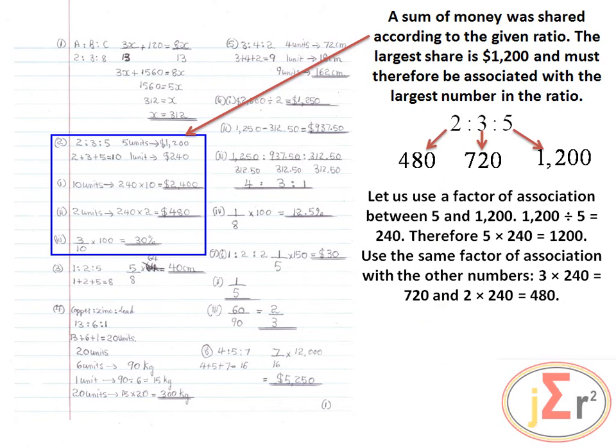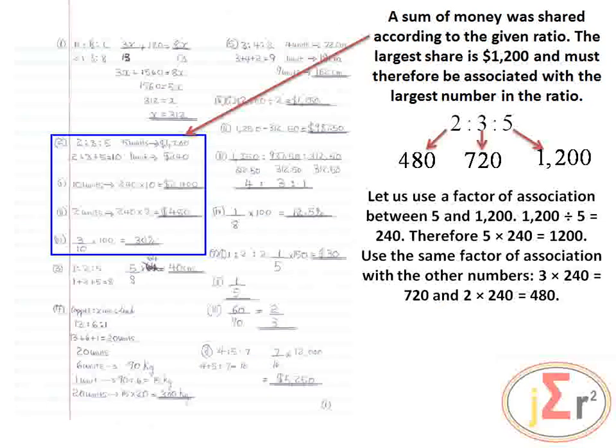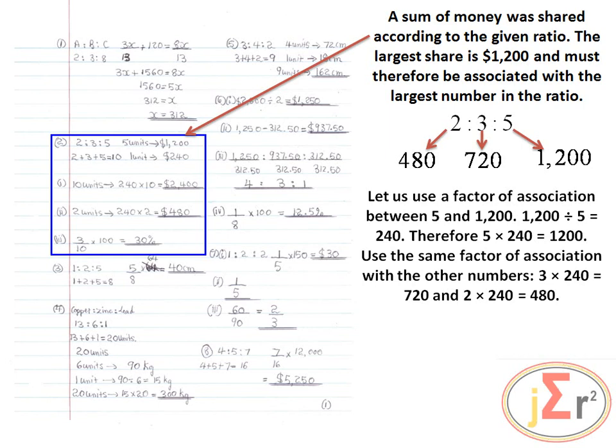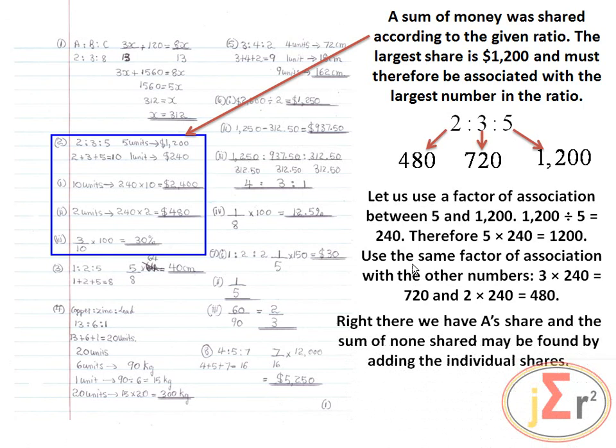Making use of simple associations and simple common sense and logic may help us in getting our ratios problem solved without too much problems. Right there we have A's share, because the problem stated that we need to determine A's share. So right there we have A's share, and the sum of money shared may be found by adding the